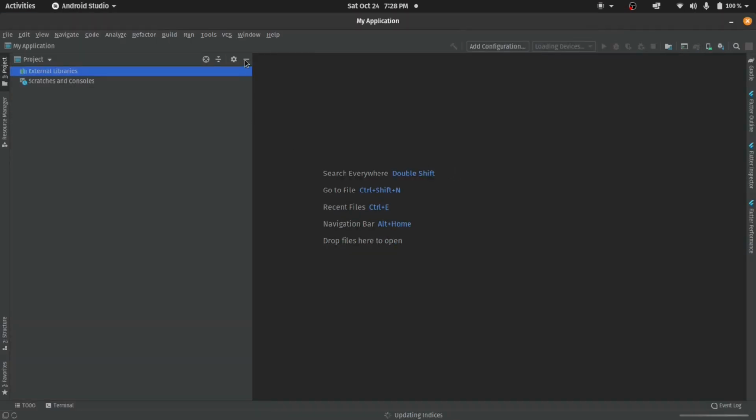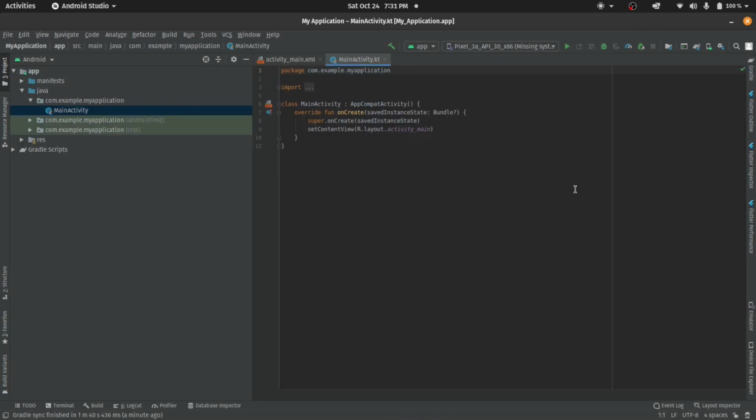Okay, let it build. So you can see the Gradle sync and everything is done now. If you have been installing Android Studio right from scratch, you will be given an option to install the AVD Manager, which is the emulator, right at the part where you have been installing the SDK. But since I cleared all my Android Studio packages just for the sake of this tutorial, I have to install my AVD manually, which can be done by clicking on the AVD Manager here